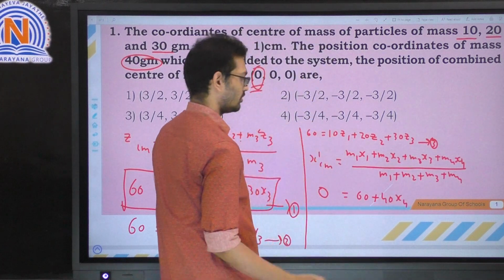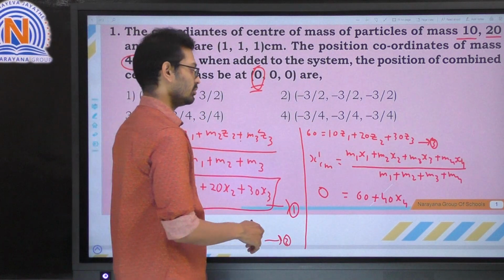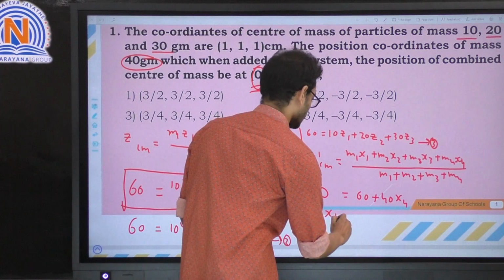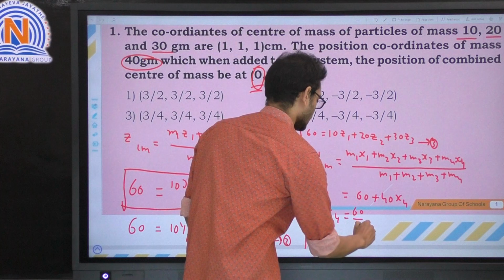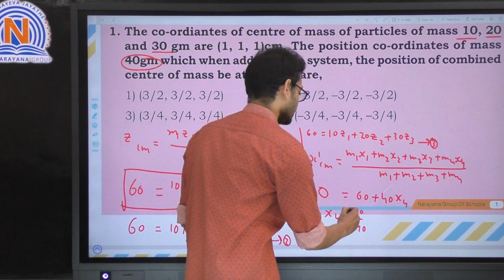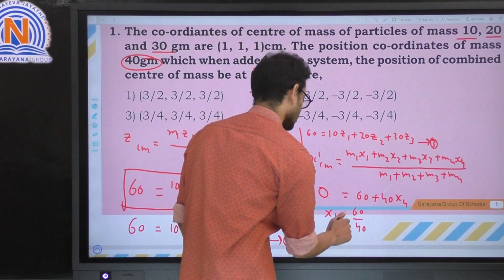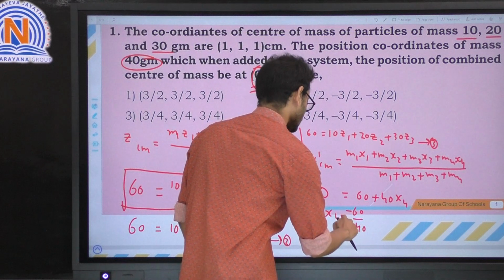x4. Now this 60 goes that side and it becomes x4 is going to be equal to 60 by 40, and the 60 is going that side, it is going to become minus 60. So you will have minus 60,